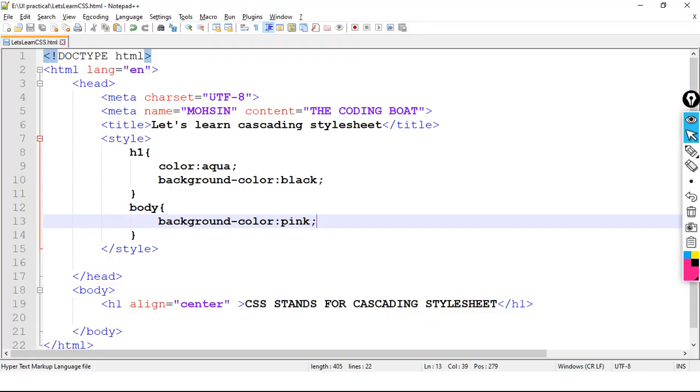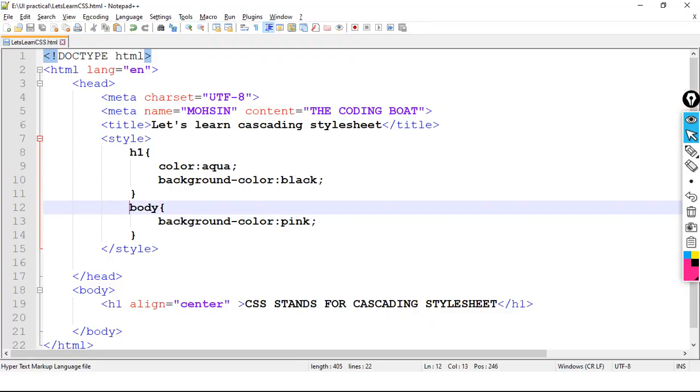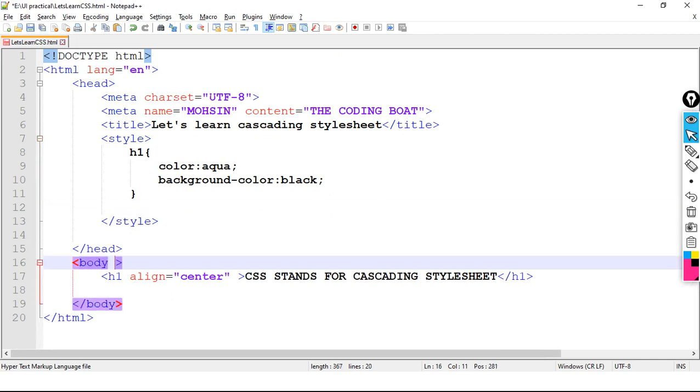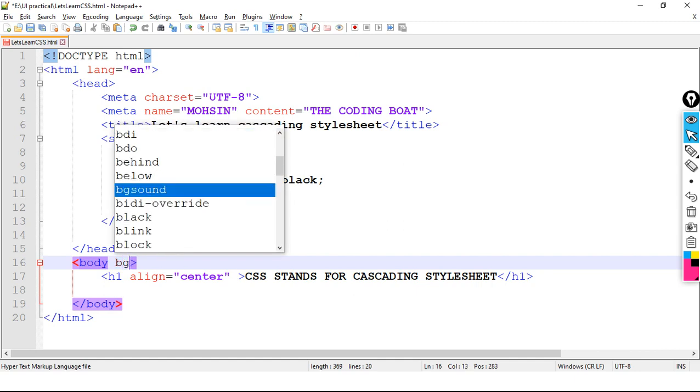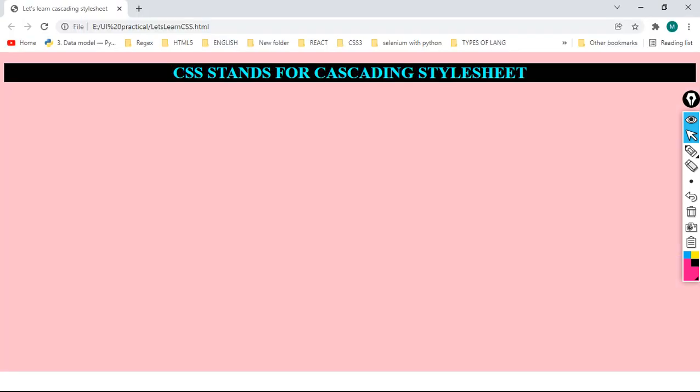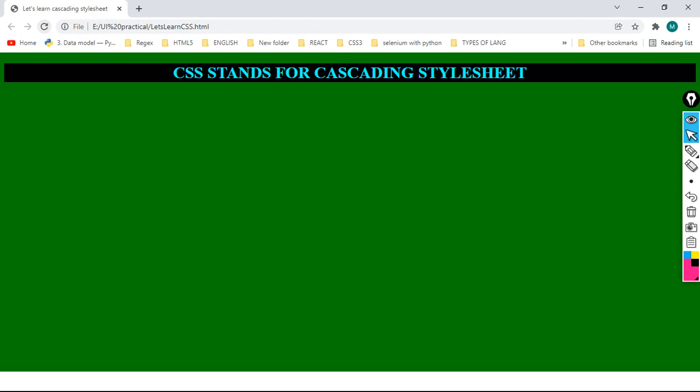We can apply background at body level also. Observe carefully. At line number 16 we have bgcolor in HTML. Bgcolor equals green. Save the code and refresh. Understood? In this way we apply styles and make our HTML document presentable.